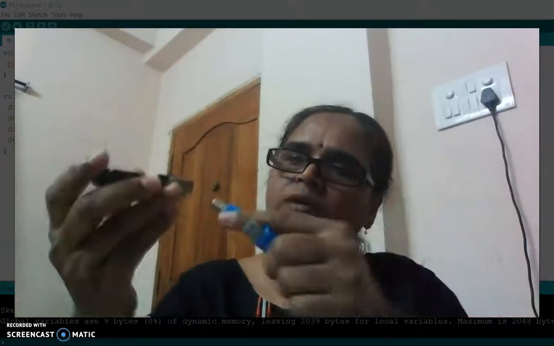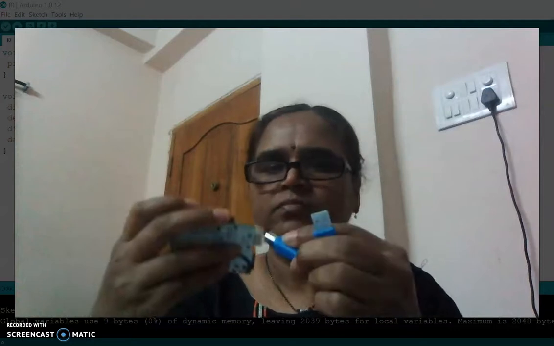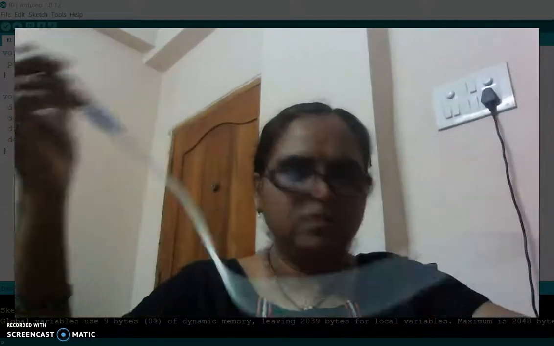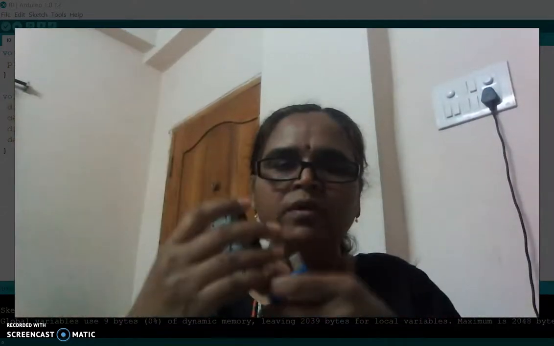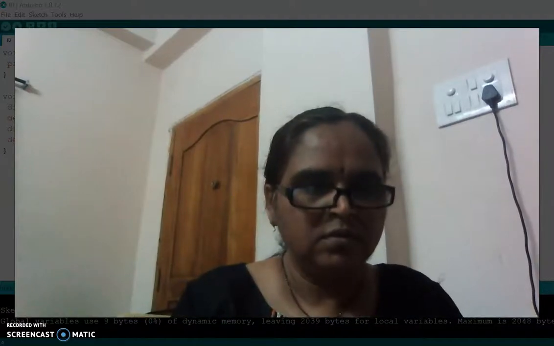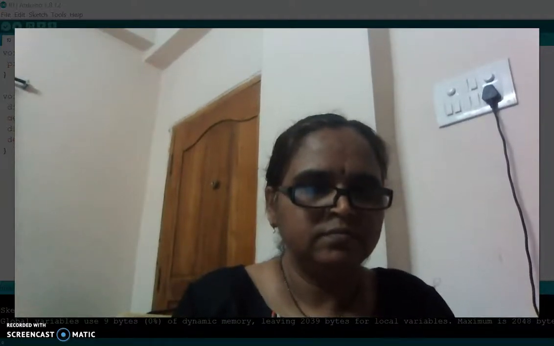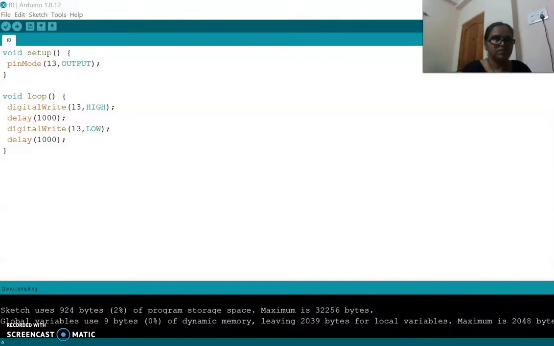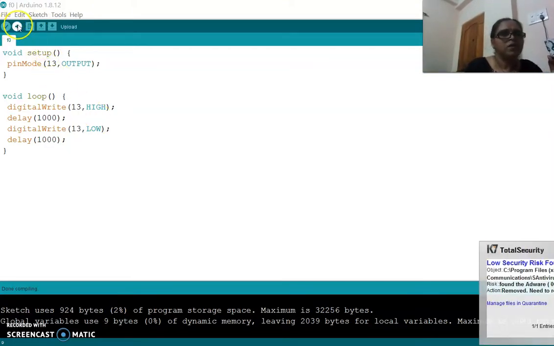This is the USB cable and here you can attach it to your laptop. So see, this is the simple code. I am going to upload this code into this board by connecting the USB cable to the laptop. Now I am going to upload this.